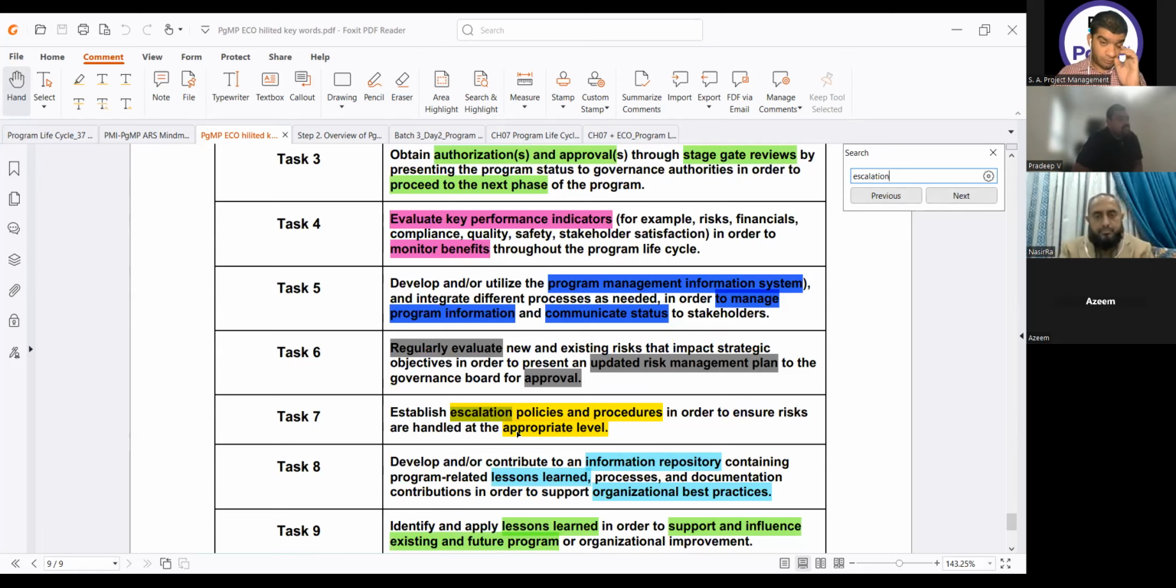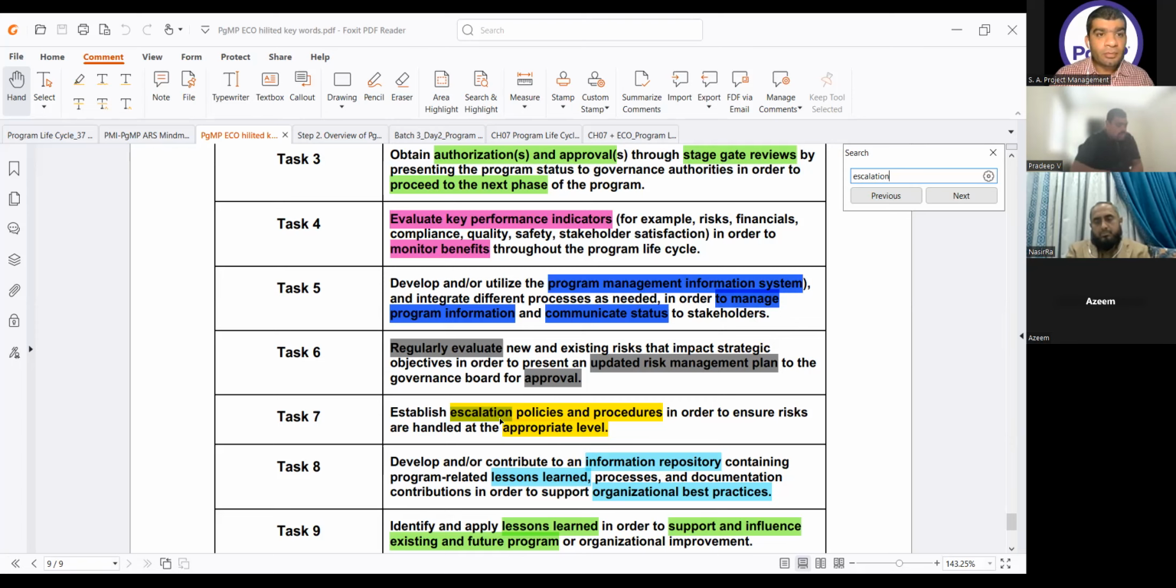Establish escalation policies and procedure in order to ensure risks are handled at the appropriate level. Okay, this is coming from the governance, but I put it here. Why? Because of two things. We said every type of risk will be managed as per the risk management plan, right? That was my task 30. But here it's not talking about which type of risk you are managing. The problem here is that we are not able to solve at that level. So that is a generalized thing. And in that case, we need escalation policies and procedures. How you will escalate it. Okay, okay. Clear? Next,